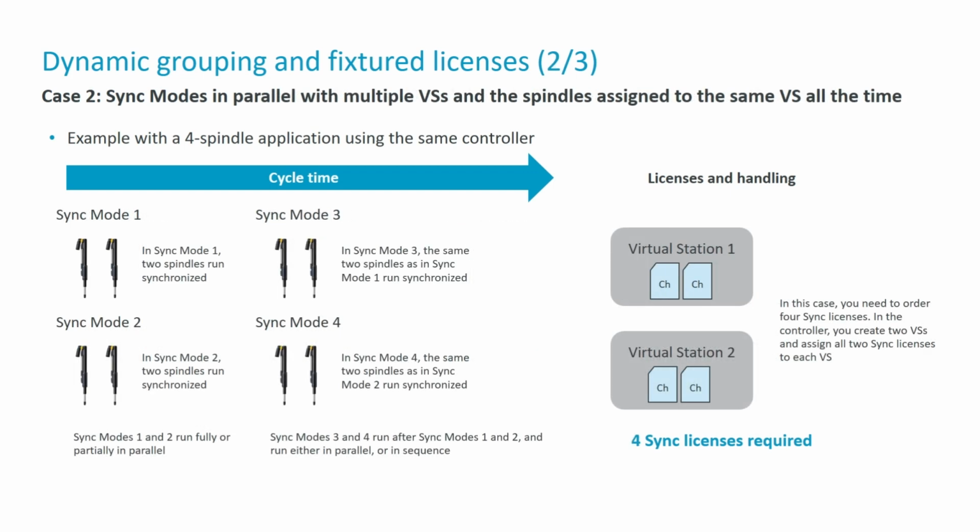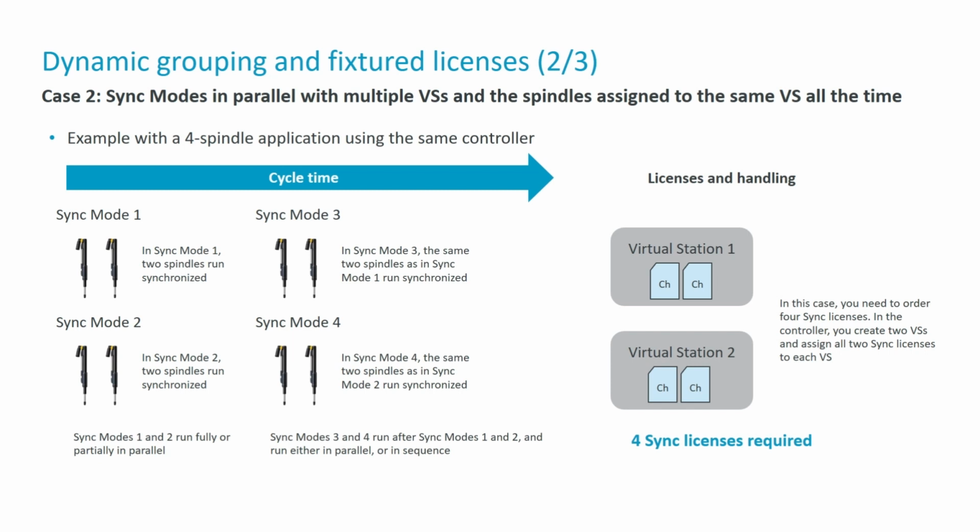In licensing scenario 2, we have a 4-spindle application using the same controller with 2 virtual stations. We are using 4 modes in total. Sync modes 1 and 2 run in parallel, meaning at the same time, and also sync modes 3 and 4 run in parallel. Sync modes 1 and 3 belong to virtual station 1, and sync modes 2 and 4 belong